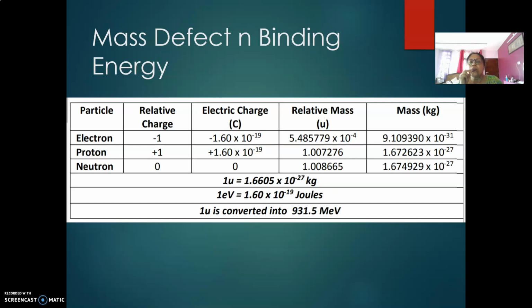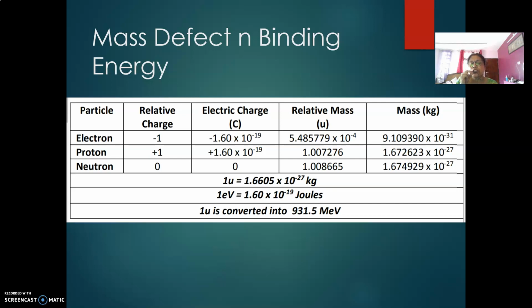So while determining the mass defect as well as binding energy, I told you that binding energy is the energy that helps the nucleons to bind together within the nucleus. Whenever a definite number of nucleons combine to form a particular nucleus, it has been found that if we sum up the masses of the protons and neutrons, the total is somewhat more than the actual mass of the nucleus. That means some amount of mass is lost when the protons and neutrons combine to give rise to the nucleus of a particular element.